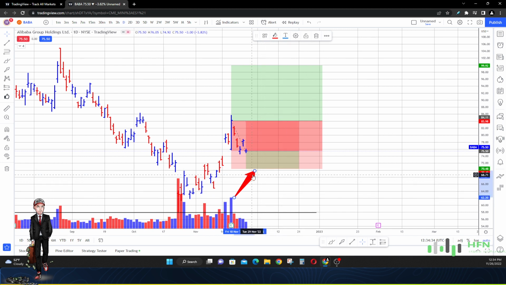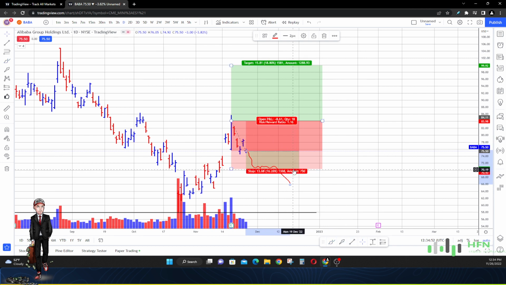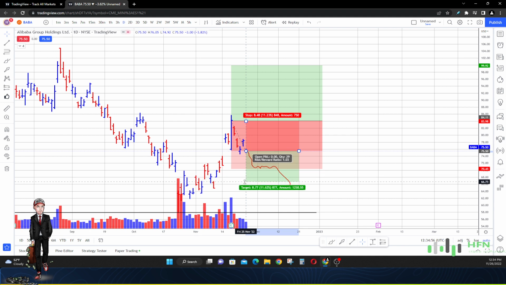So let me show you something like this. Okay. It'll be something like this. So let's say the market in Alibaba comes down, right? And then the buyers try to hold it. But once the market breaks this $70, then I will cut this up price prediction that I was expecting the market to do. I will cut that and then let the market in Alibaba continue to go down. Continue to let this price prediction go on. Okay. We continue to be weak into the market in Alibaba until we find the buyers.